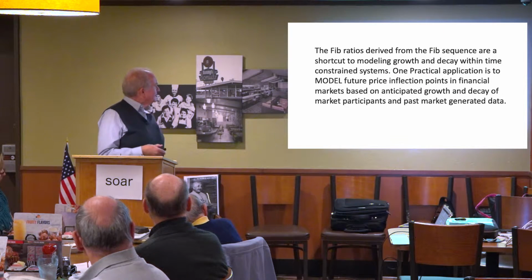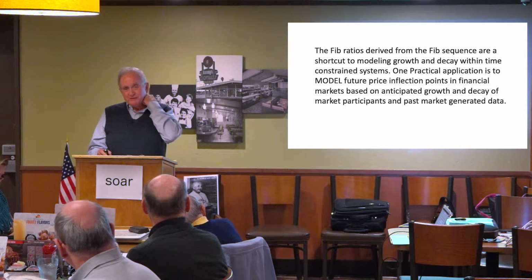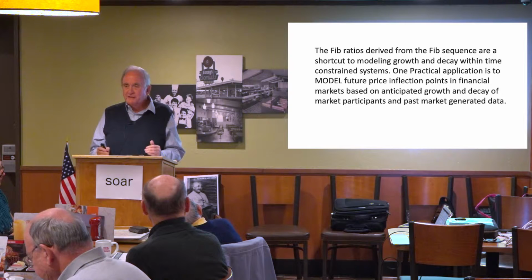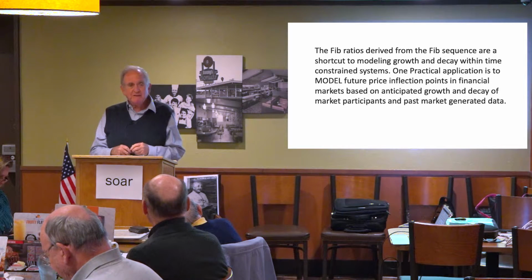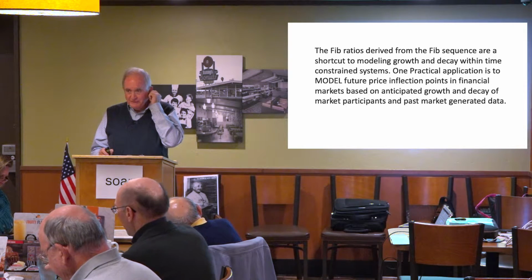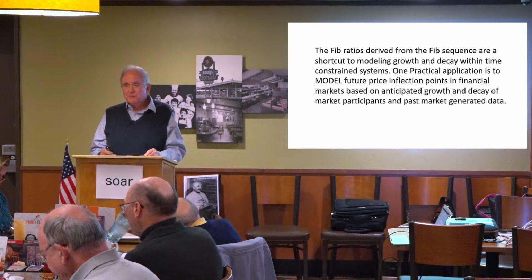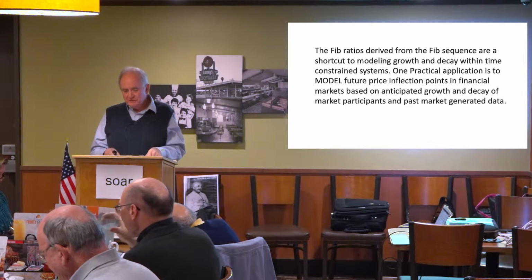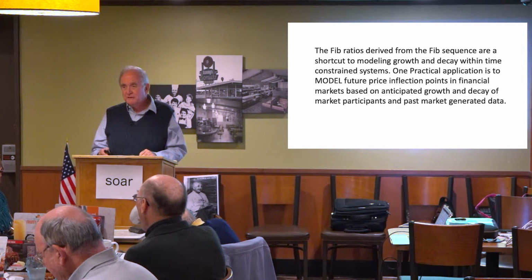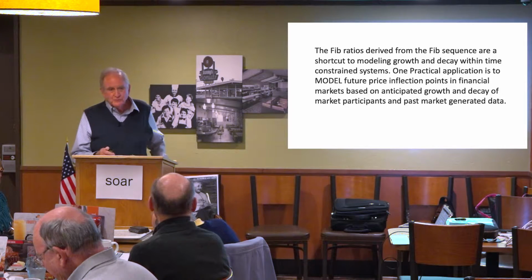The ratio was designed as a sequence and a shortcut to modeling growth and decay. And the interesting thing is that the same series of numbers is used to forecast growth and to forecast decay. Decay means declining, whatever you're in. You see it and use it every time you go to a Kohl's and they have a sudden sale on, or they tell you that they're suddenly 20% off. In the background is somebody's analytics that do this, and it uses the Fibonacci numbers to forecast what they can get away with. Get away with is probably the wrong term to use with retail people, but